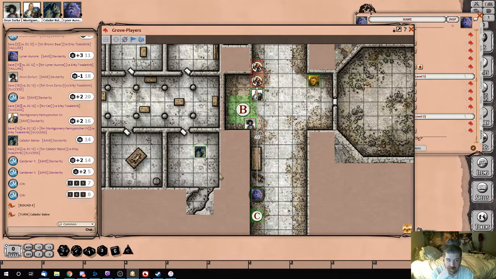And then I am going to move here. And I am going to bite one and claw. So target one for bite, do the rolls, then target the other one. Bite, and then...